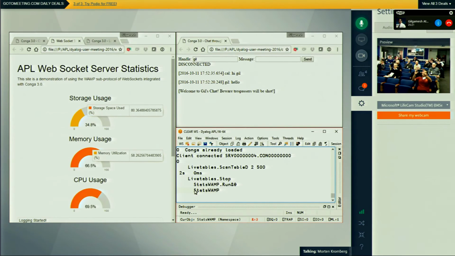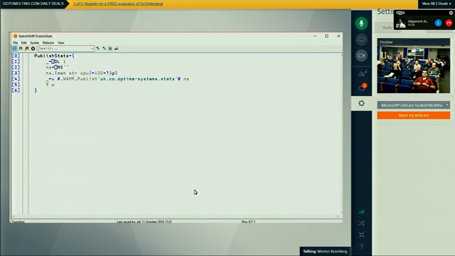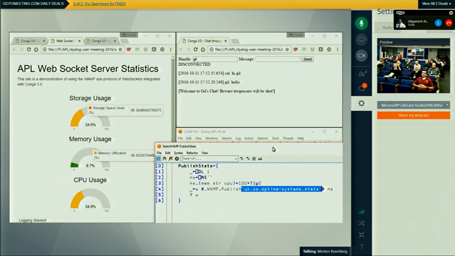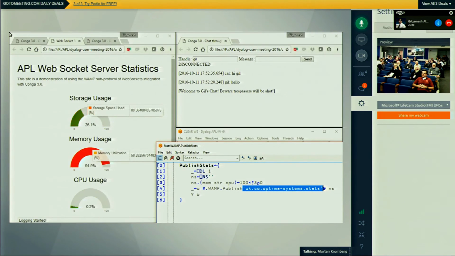And just to, let's see, how should we best demonstrate that? Publish stats is a function that gets triggered in an endless recursive loop. It's publishing a message on this topic. This topic is also subscribed to by the client. So if we look at the client code, we can bring that up in here.